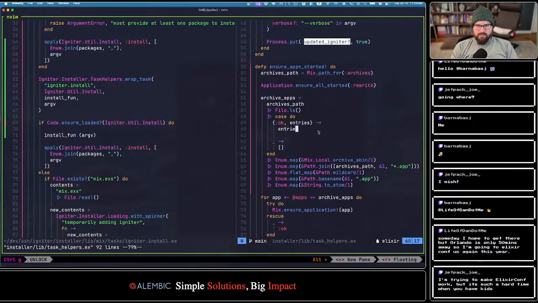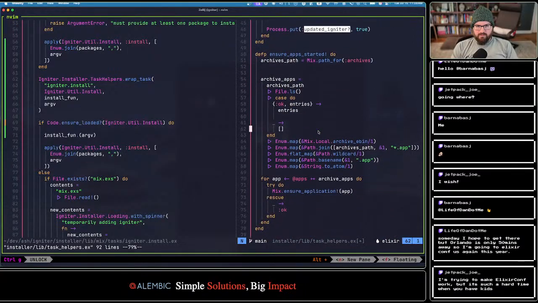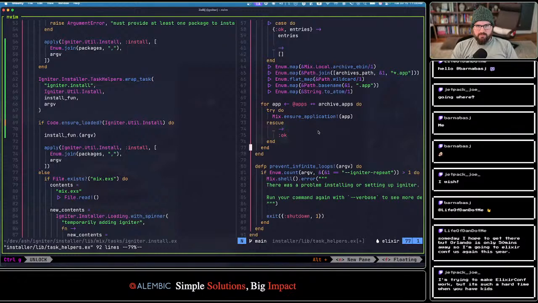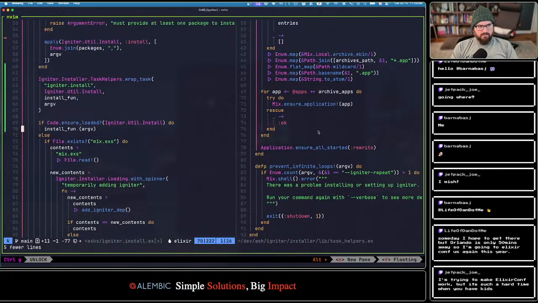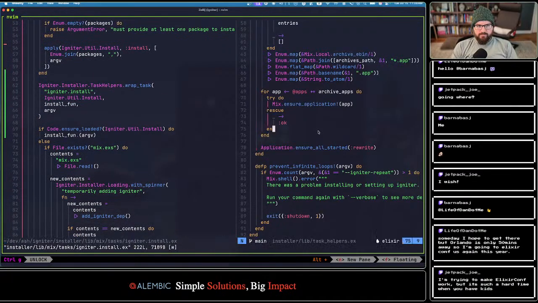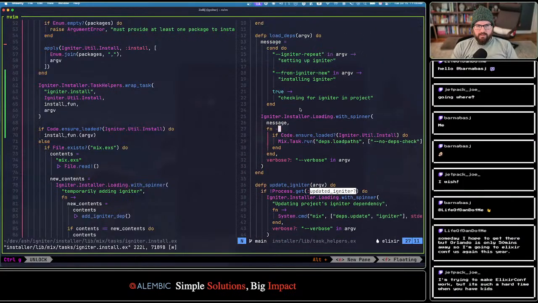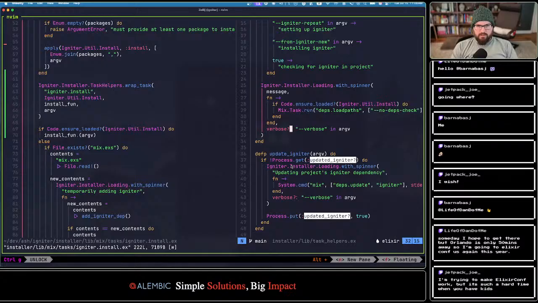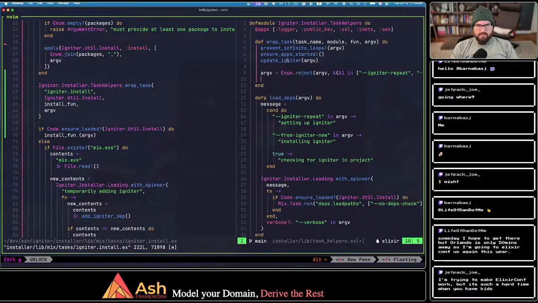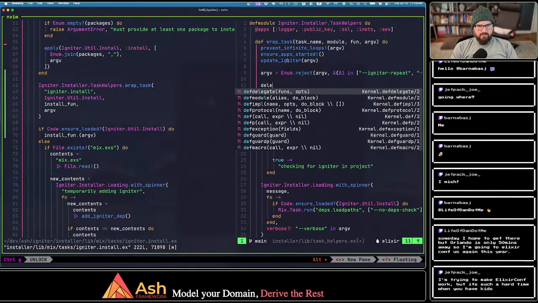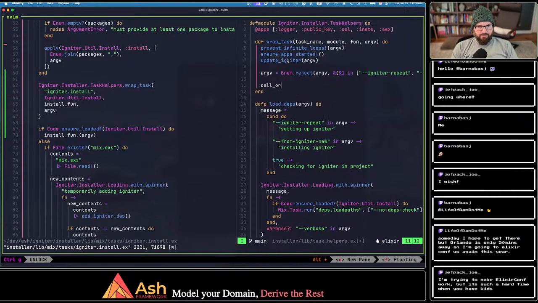So we're just gonna keep this as its ensure all started, but let's do it because it was happening after this. So let's do something like that. That ought to be roughly equivalent. Okay. So now we get into the rest of the logic here, which is something like call or run fun or